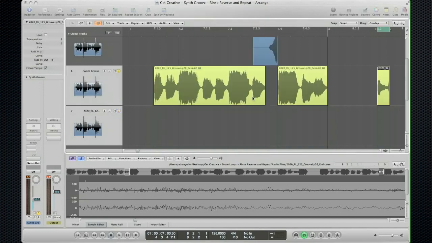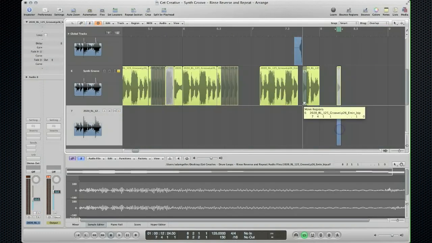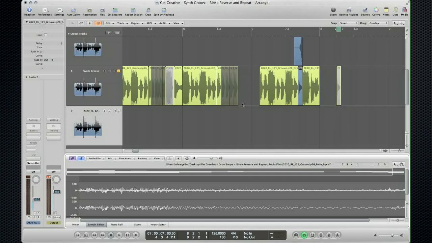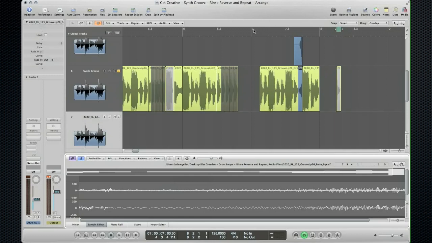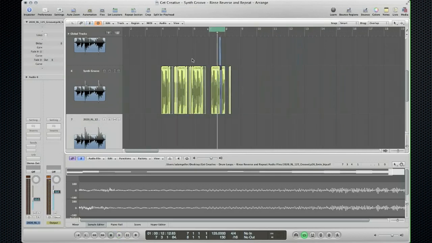Hit OK. Again, Logic creates that track for you, and let's squeeze that in over there. Double click that. So this window pops up once that has been bounced, and then go to functions and hit reverse. Let's see how that sounds. Alright, so it sounded something kind of cool there.